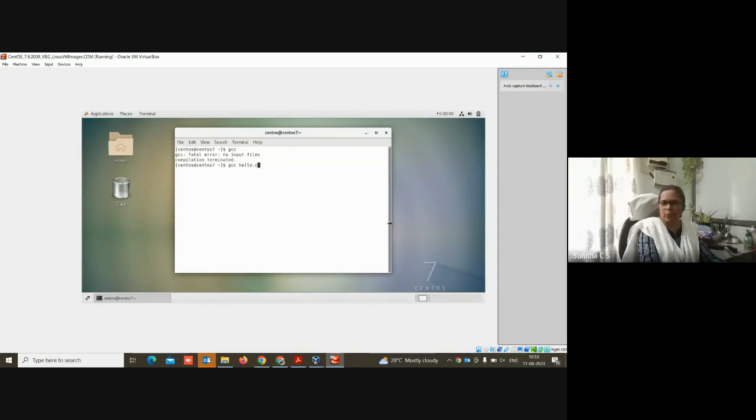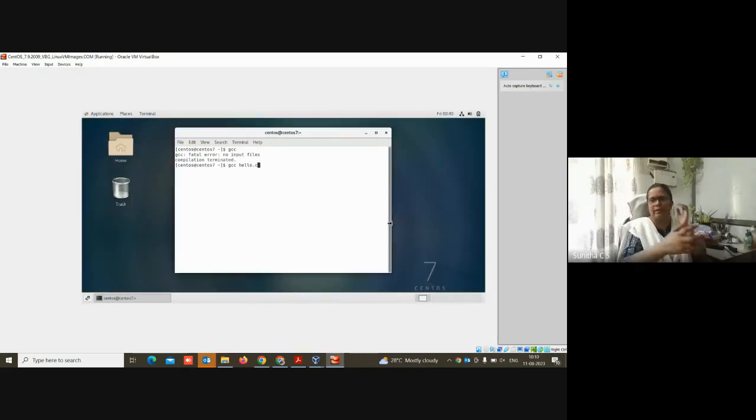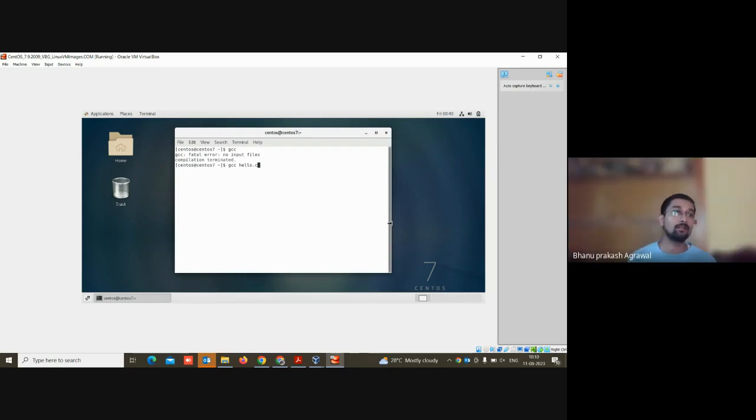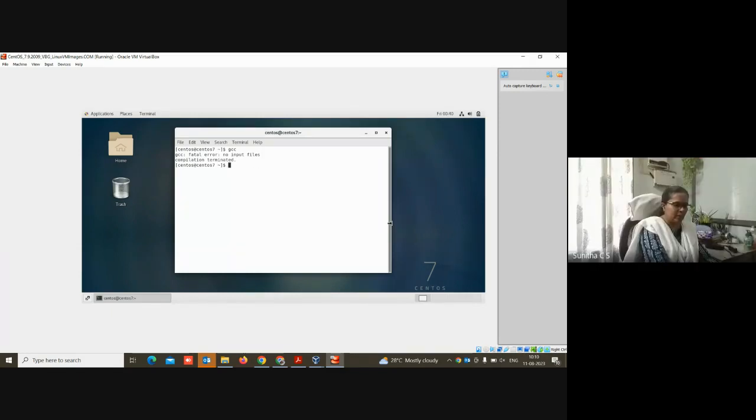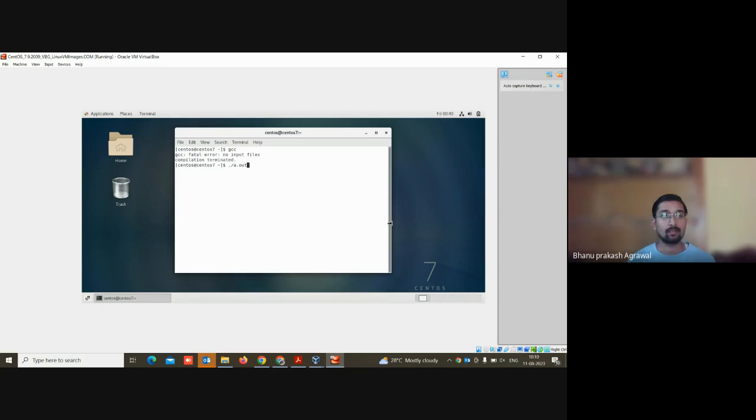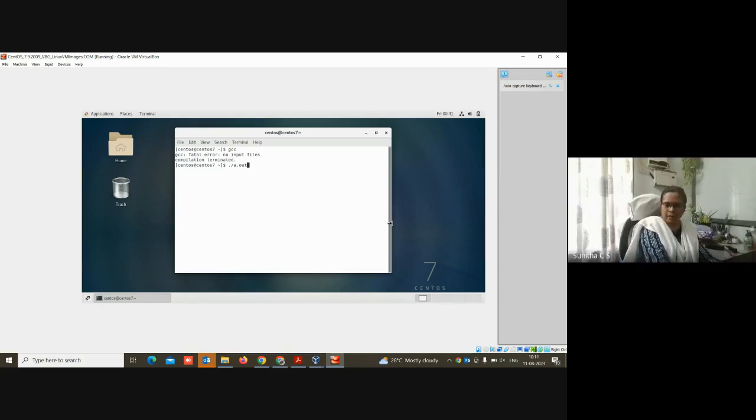So what happens is, in Windows and in Dev C++, when I was running, after compilation I'll get an exe file. But in the case of GCC, it will give you a file known as a.out. After giving this compilation statement, you may have to give ./a.out. It will execute your program. So this output file is a.out.